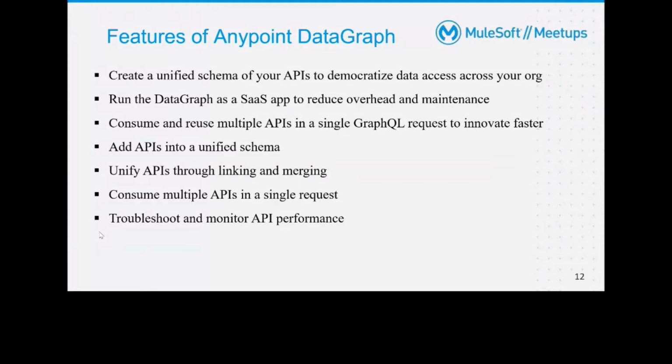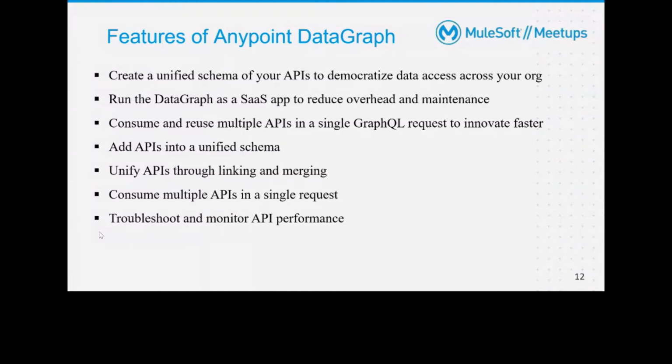If there are similar fields, you can link them also. Like, one data type has only 5 elements, another data type has 2 elements, but the name is the same and they are kind of similar fields, then you can link those data types also using this data graph.